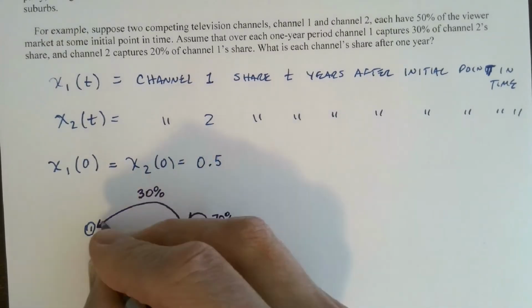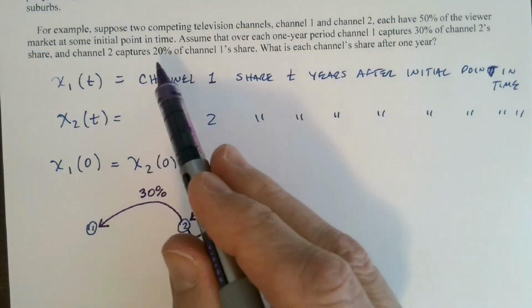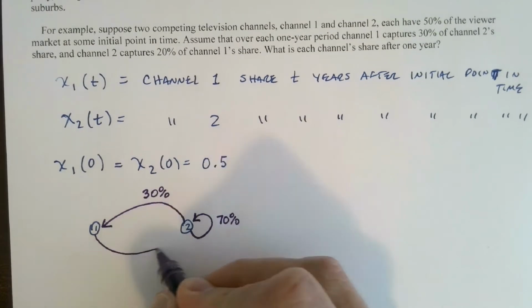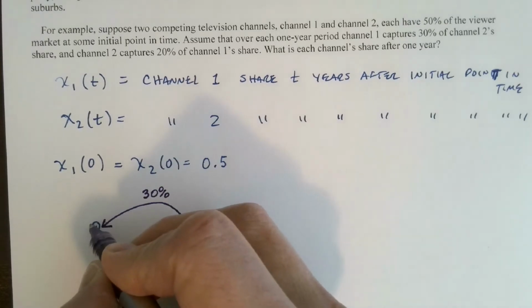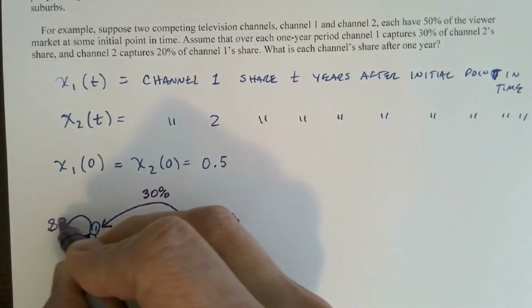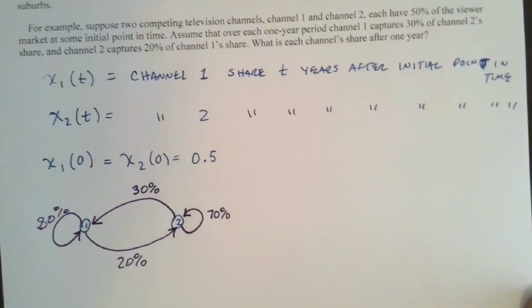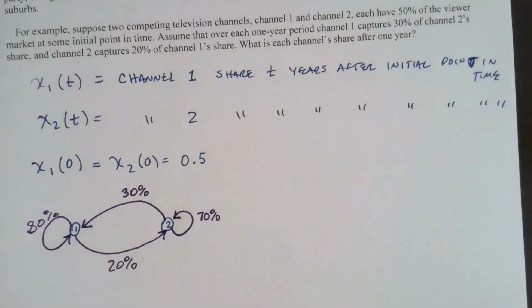So 30% switch, 70% stay. In the same way, we can say what? Channel 2 captures 20% of channel 1 share, so going from channel 1 to channel 2 we have 20%, and that means what percent is going to recycle back and stay with channel 1? That's 80%. So this is a diagram we can draw, and it's somewhat helpful to visualize the process. Okay, but what I'm going to say then is from this we can say the following, that